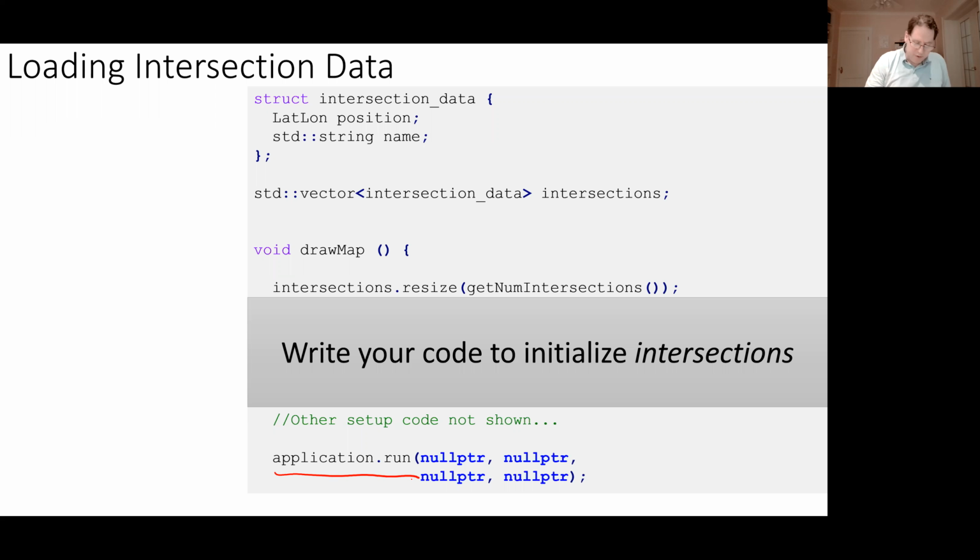Okay, so I've created a new global variable called intersections. It's a vector of intersection data. So for every intersection, I'm going to have some data. What data do I have? Well, I just made this structure up here. Remember a structure is just like a class, but all of the data and member functions are public by default. So this just has two pieces of data and they're public. It's got a lat long position and it's got a string name. So for every intersection, I'm going to store its position in latitude and longitude, and I'm going to store its name